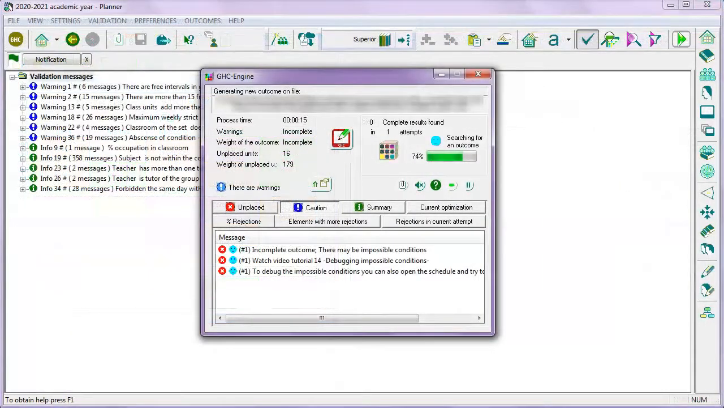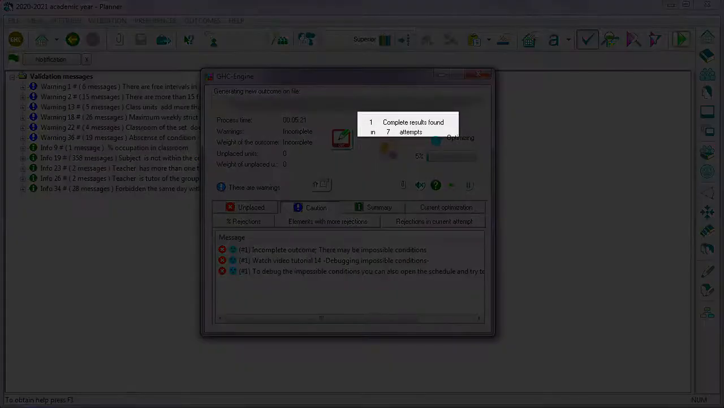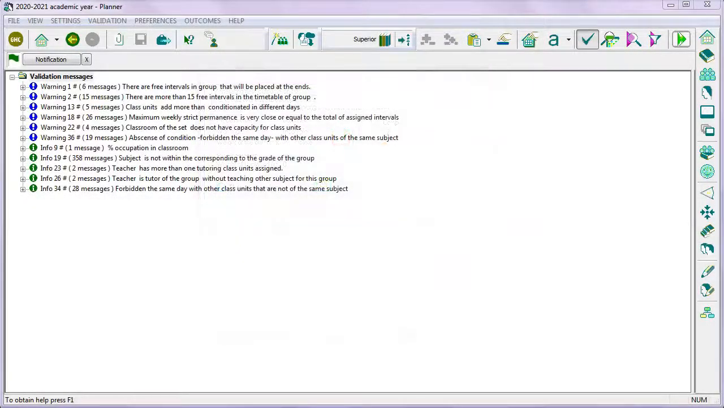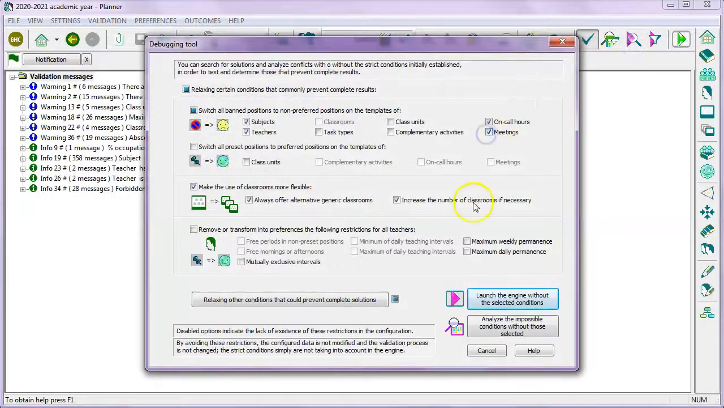If the analyzer does not find conflicts, it will usually indicate that the timetable will be fitted, leaving enough time, although it may also be impossible to fit it as a whole, even if it has been possible to fit it in parts. The debugger allows you to launch the engine and also the analyzer without some of the strict